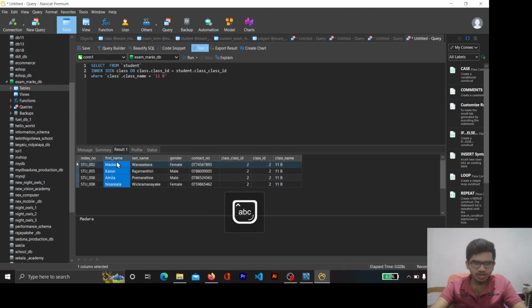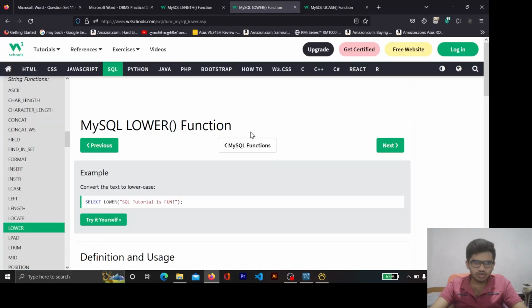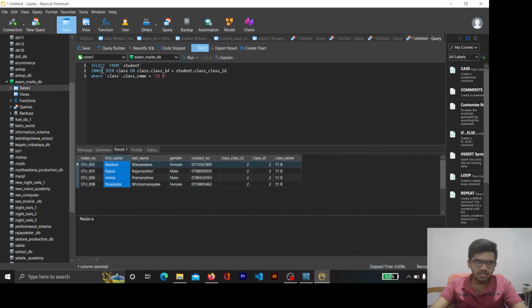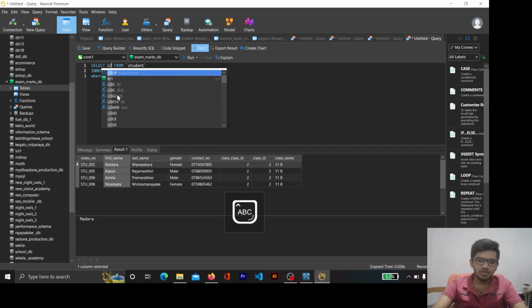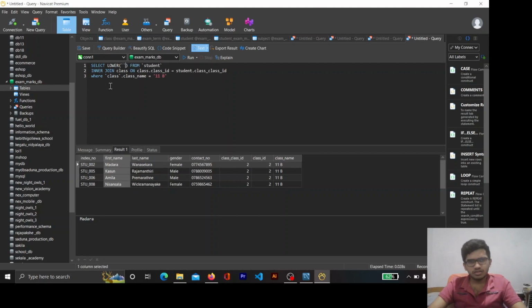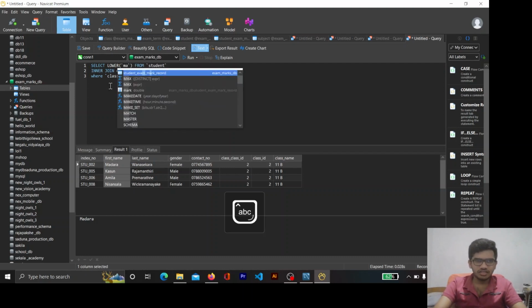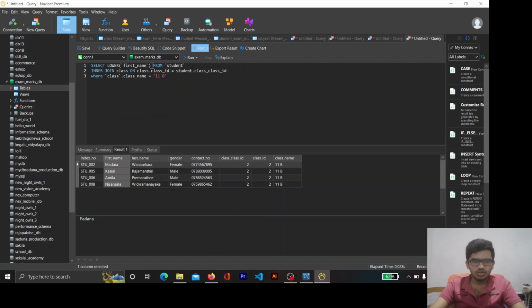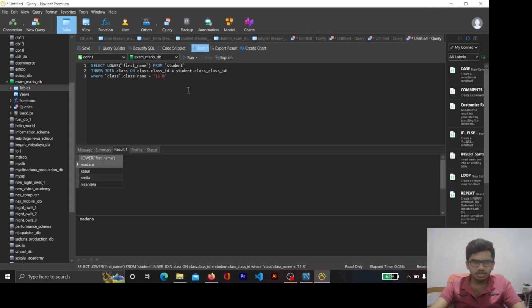In simple letters only. As you can see, there are both capital and simple letters. You need to make this all simple. To do that, you need to use the LOWER function in MySQL. This is similar to the LENGTH function. So you need to specify the string which you are converting. Let me run here, and you get all